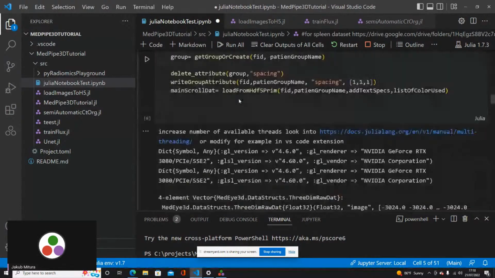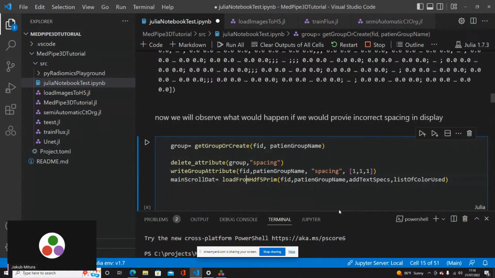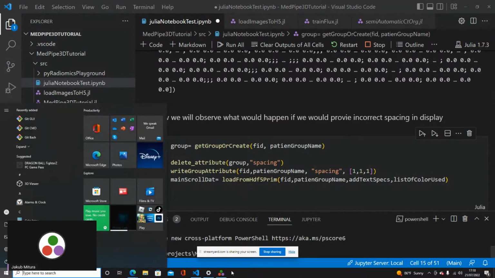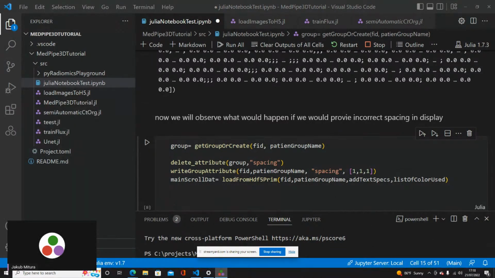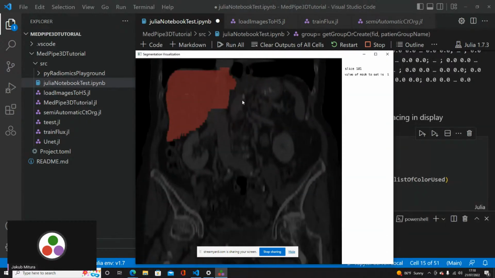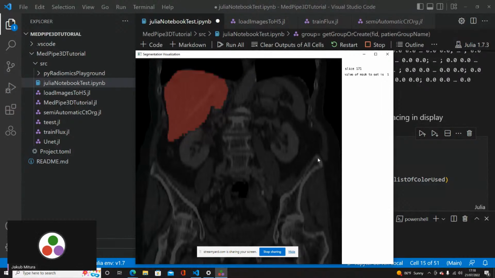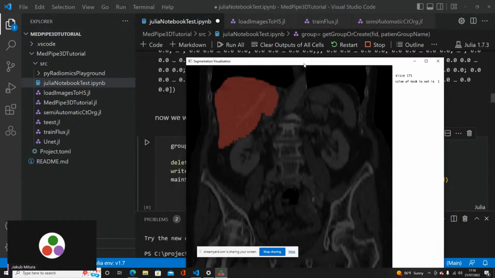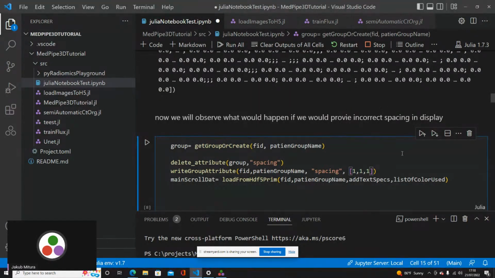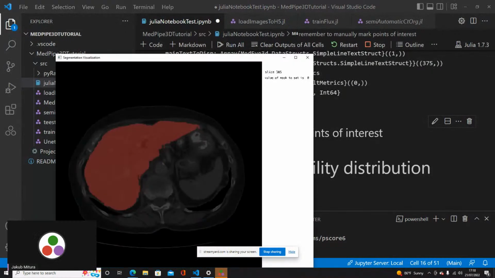Okay, where we are with the spacing. Here, I hope that others do not have any problems. So we have this situation that we see the image like this. This looks normal. If you imagine your hips, for example, have more or less such shape, and so on. Now let's change it. Let's say that the third dimension, the height of the voxel, is 3 units. So it's not 1 unit, it's 3 units.